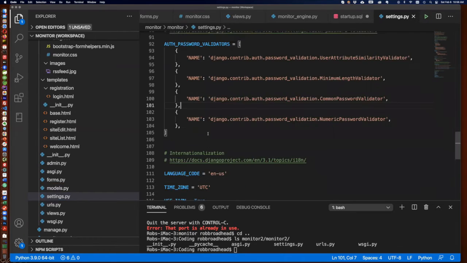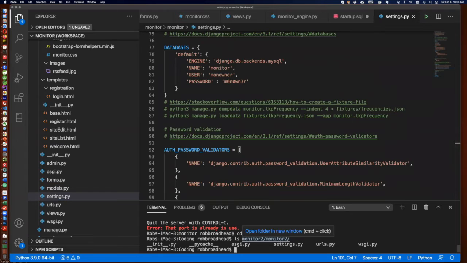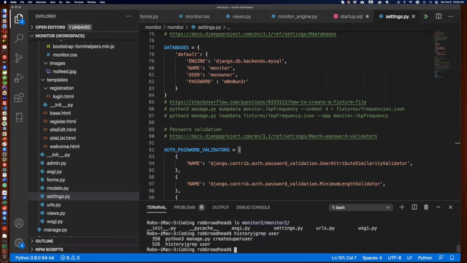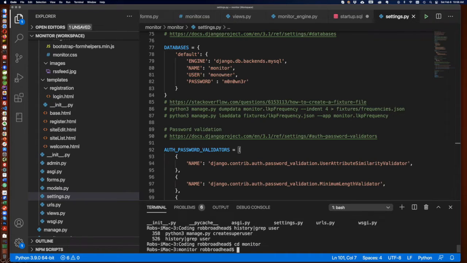I don't have it. Okay, I think it is. I think it is just, let's do this. I think it's just called create superuser. So what I have, I've already built, but let's say I want to go into monitor, and actually let's do